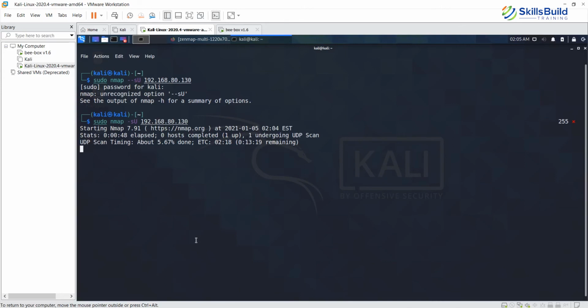Okay, so this is again going to take a little bit of time. I think we should wait, because this is the first time we are running a command for UDP services. It should take a few more minutes and we should be done.